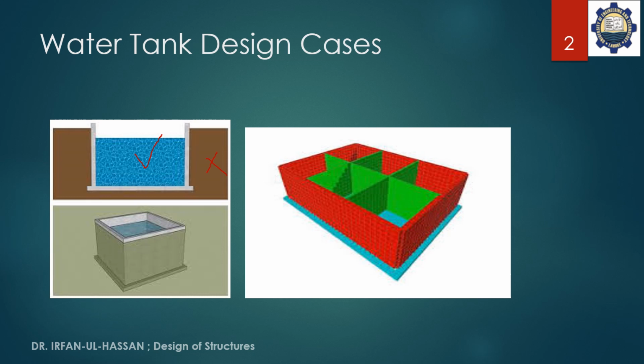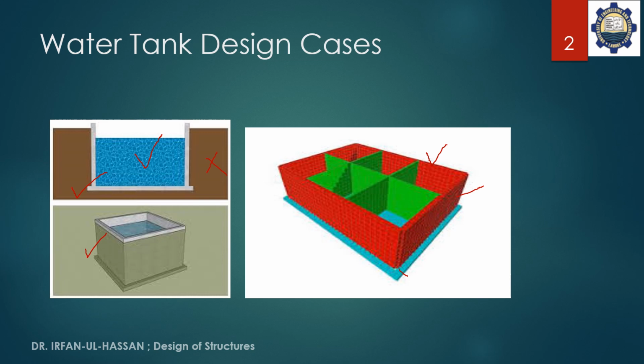So a tank can be a single rectangular tank like this, or sometimes it can be a multi-cell tank like this, where there are multi-compartments. This tank on the right hand side is comprised of the walls shown in the red color, the exterior wall, the green color are the interior walls, and the blue color is showing the base slab. So for interior wall, the conditions are different. We have to fill the tank accordingly against the critical conditions, and for exterior wall, the conditions are accordingly changed.